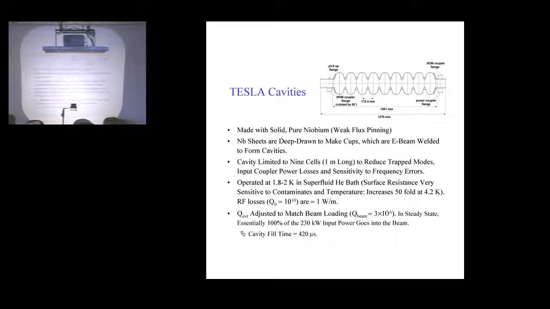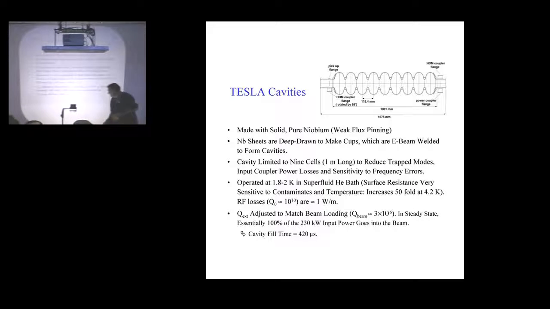Their Qs are very large, 10 to the 10th, where their losses are only about a watt a meter. That's very low. On the other hand, it takes about a kilowatt a meter to remove a watt a meter. In fact, this limits them from going up to sort of CW for running this thing. So what you gain on one end, you lose on the other. However,